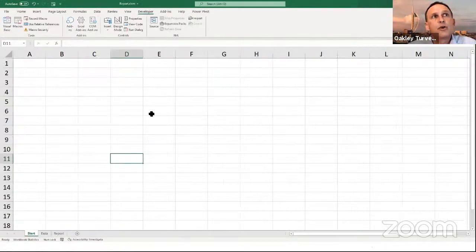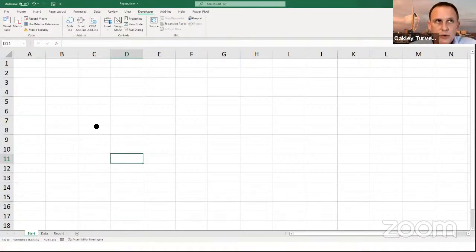So this is the one that's got the code stored in it. When I start recording a macro and I say this workbook, it's really important that this is the workbook that I'm in when I start recording the macro. Otherwise, it's going to store the code in the other workbook, which is the one I've just opened. So I've gone back to this workbook, and you'd probably do that whilst you're still recording.